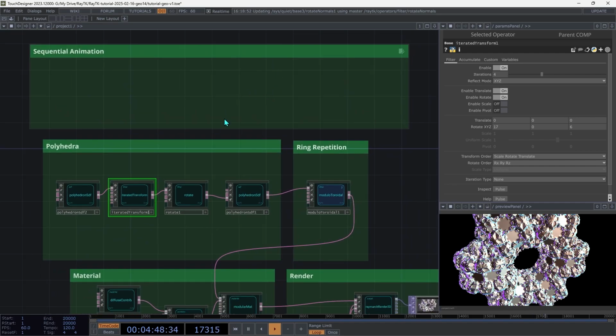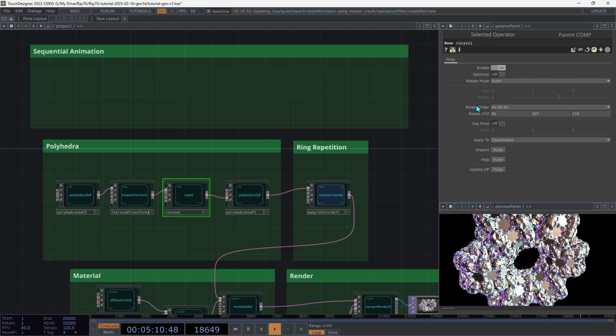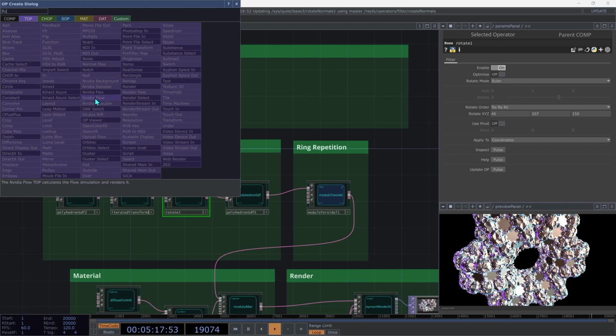The sequential animation is going to use the same technique that I used in a tutorial from mid-2024, but it's been a little while since then, and it's a handy technique, so maybe it's a good time to revisit it. We're going to be applying this to 4 parameters: the shift, the second part of it, on the modulo toroidal, and then the 3 parts of the rotation on the rotate. Let's create an LFO chop